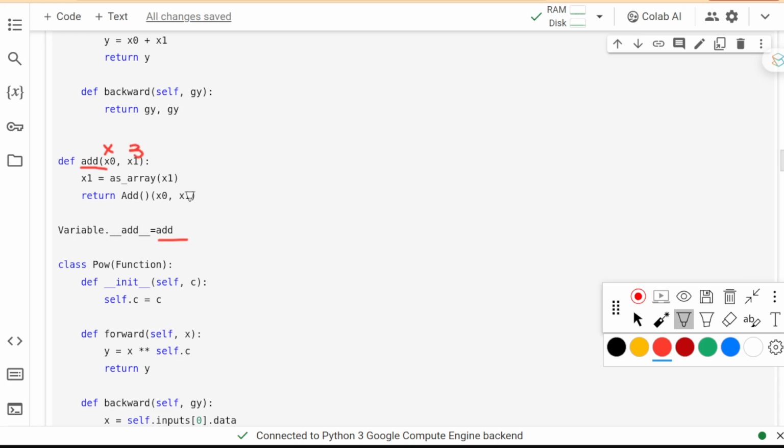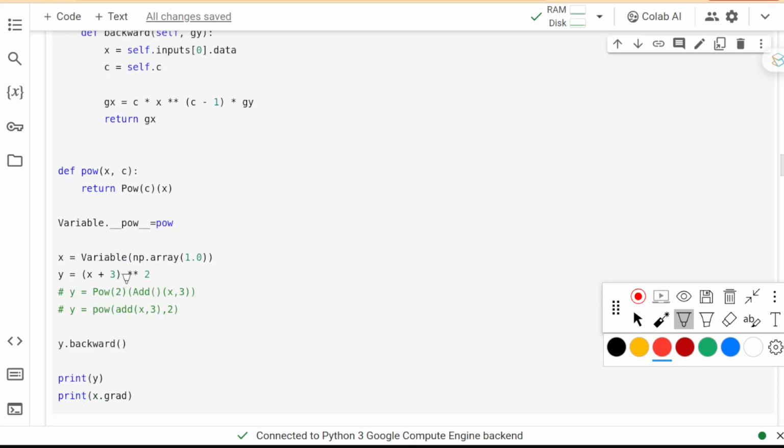Okay, and you may notice that the x0 must always be a variable, or this method won't be called. For the syntax tree, it takes this one and tries to add it with the 3.